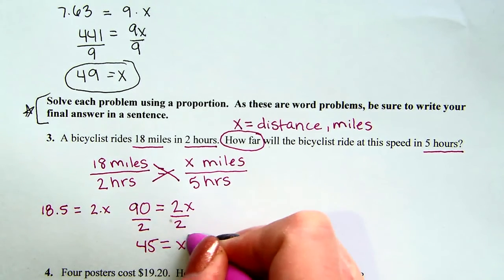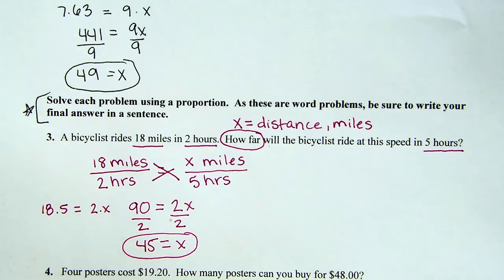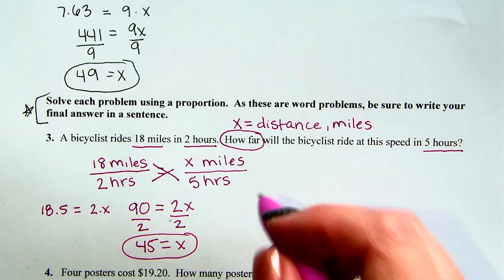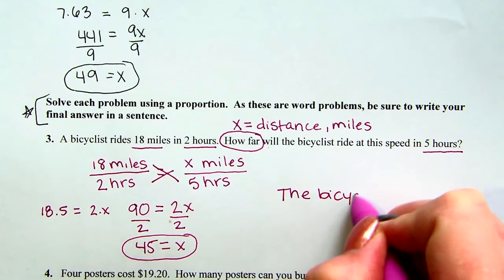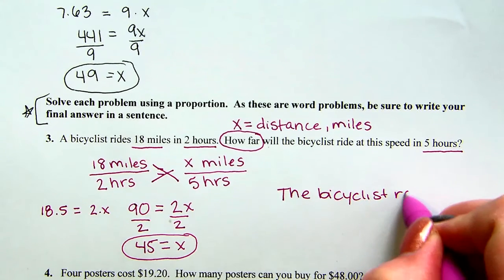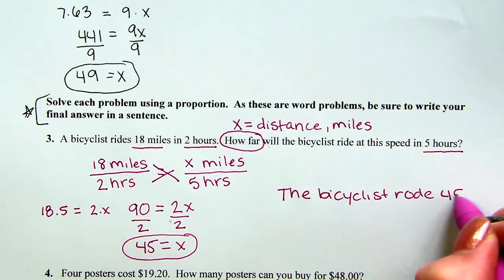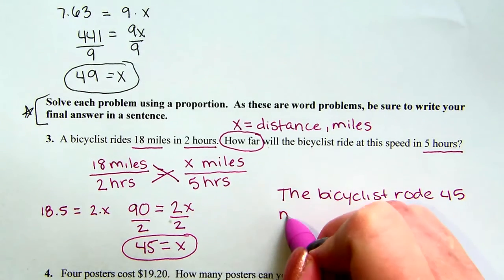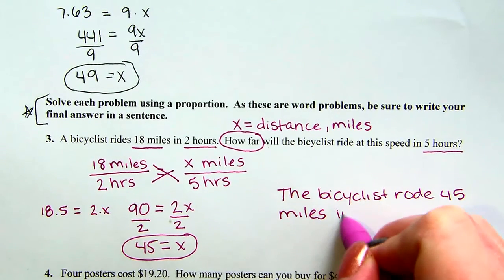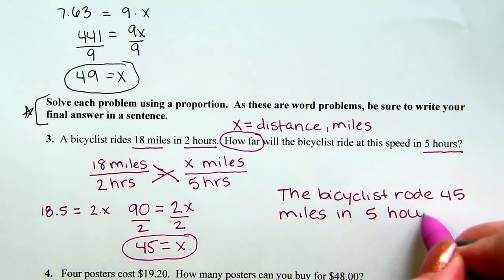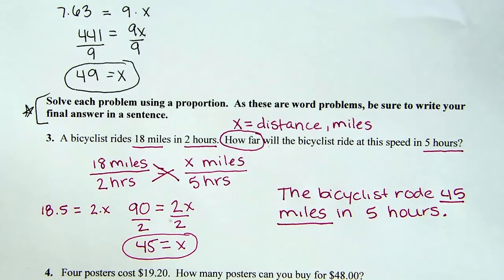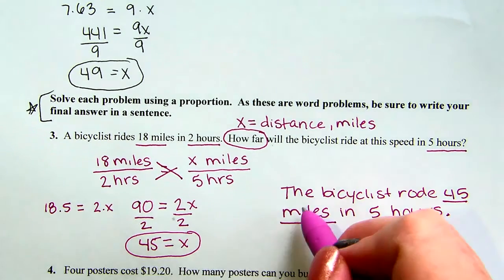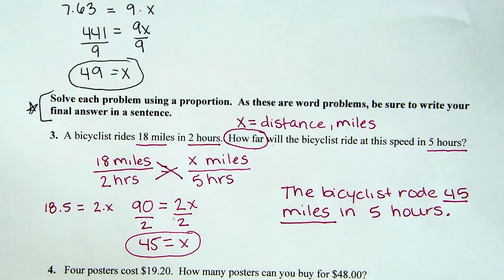Now, once again, that x was miles. So we are going to write the bicyclist rode 45 miles in 5 hours. And because I'm going to be looking at your answers, please be sure to underline what that x is in